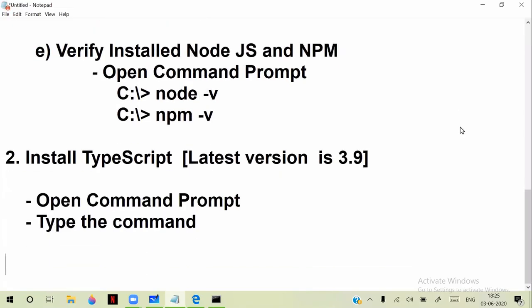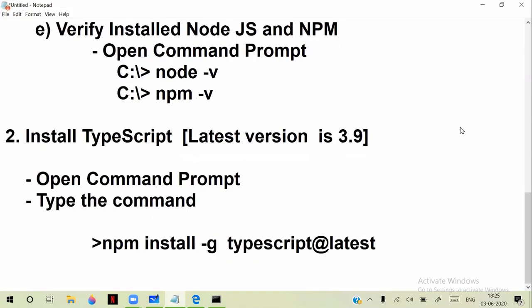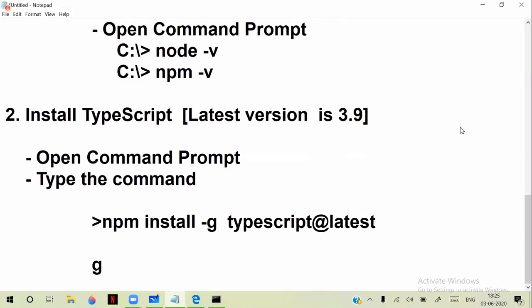You have to type the command npm install -g TypeScript@latest. G is global. One of the major issues you will face while installing TypeScript is, whenever you are installing, then what happens